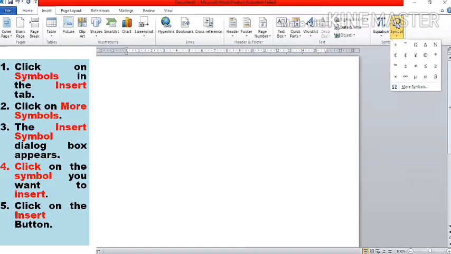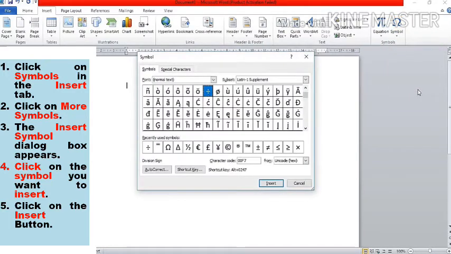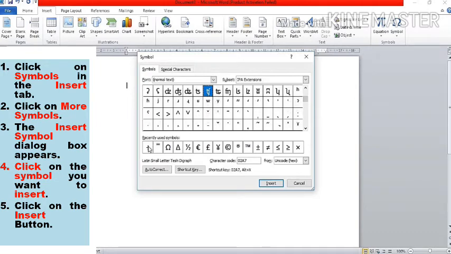Click on More Symbols. Step 3. The Insert Symbol dialog box appears. This is the Insert Symbol dialog box, and there are a lot of symbols over here. None of these are there on your keyboard, and I can insert any of them.